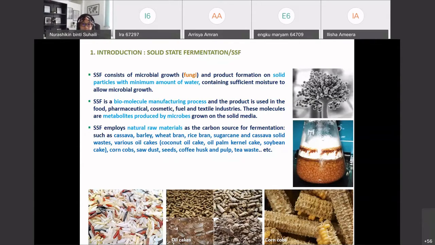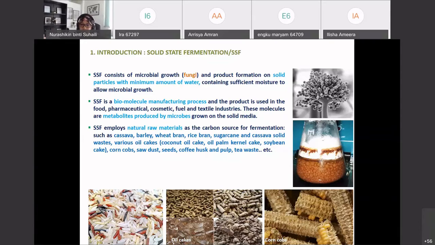Solid state fermentation is a natural process. If it doesn't happen in the lab, you can always see it in the environment. For example, if you dump fruit or food waste on the ground,